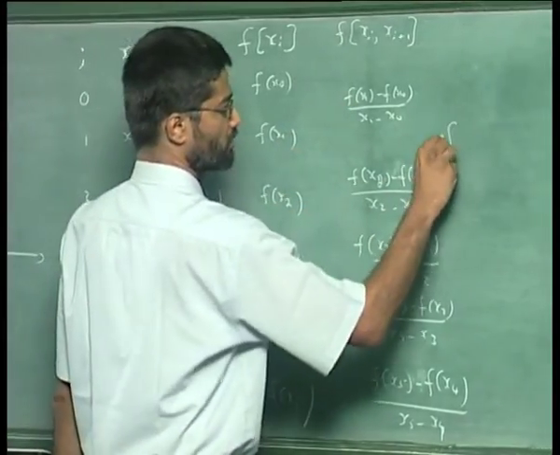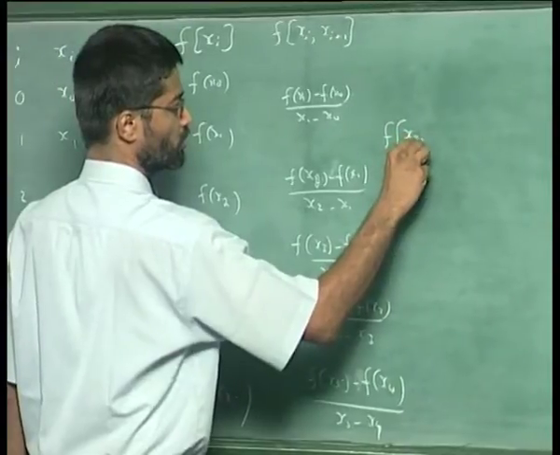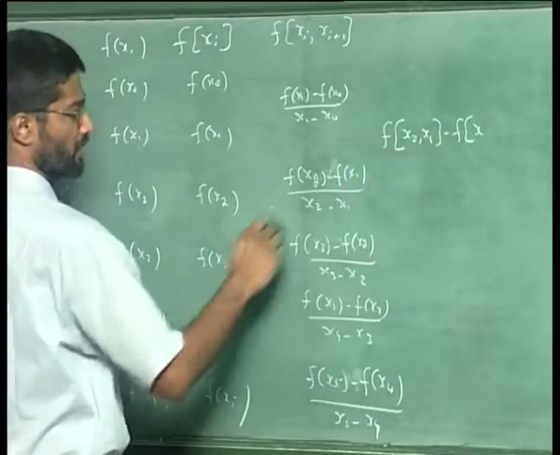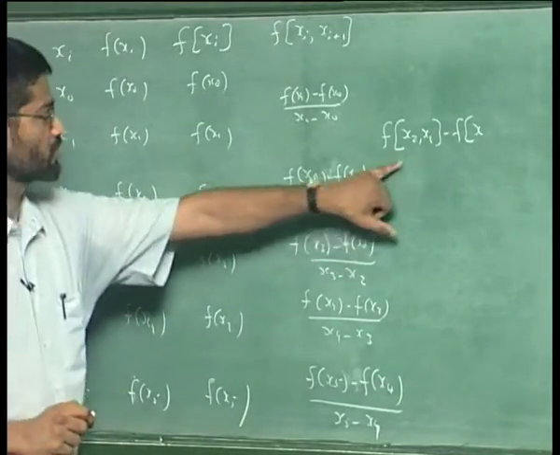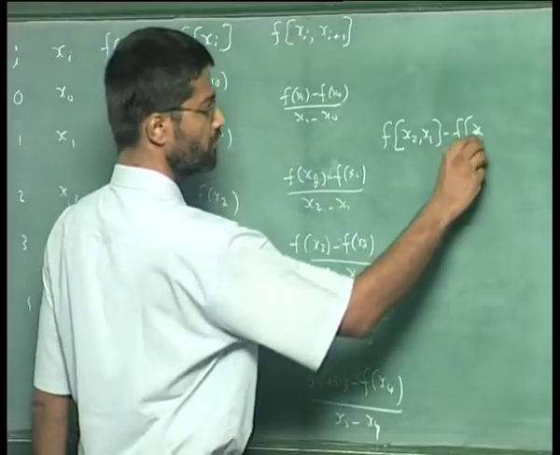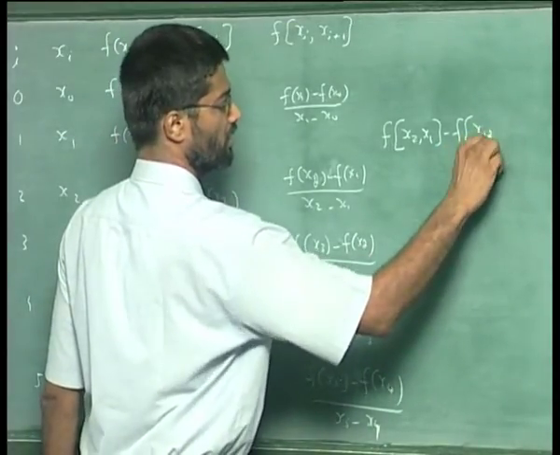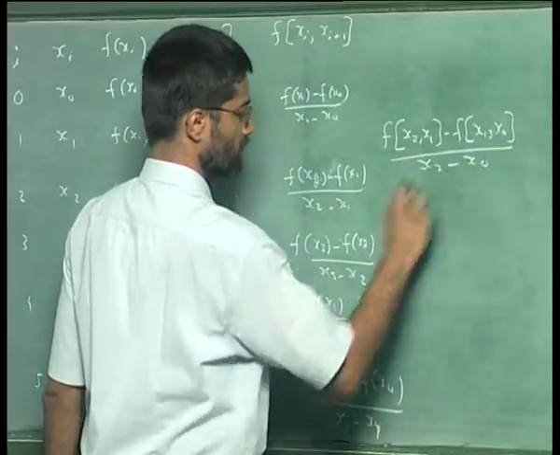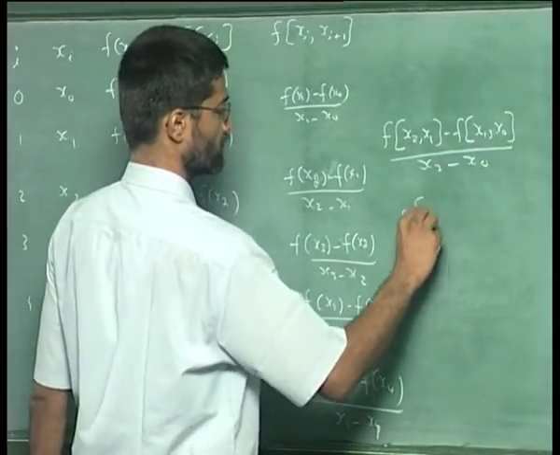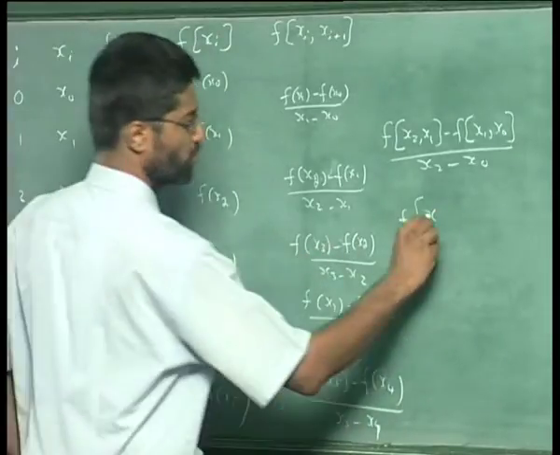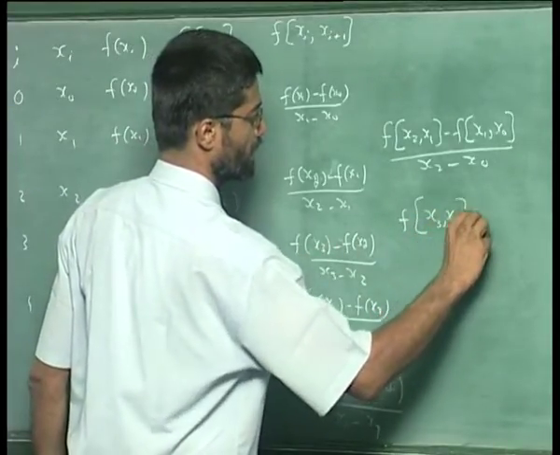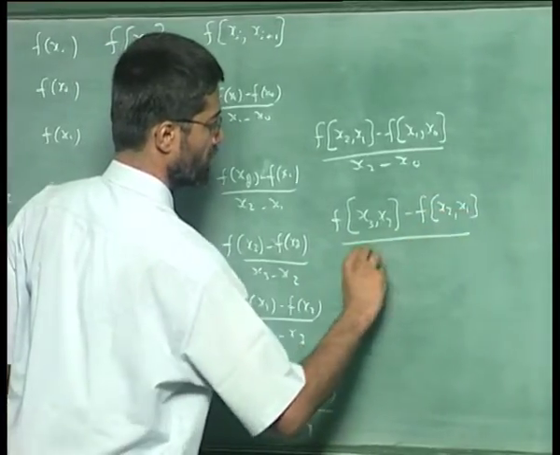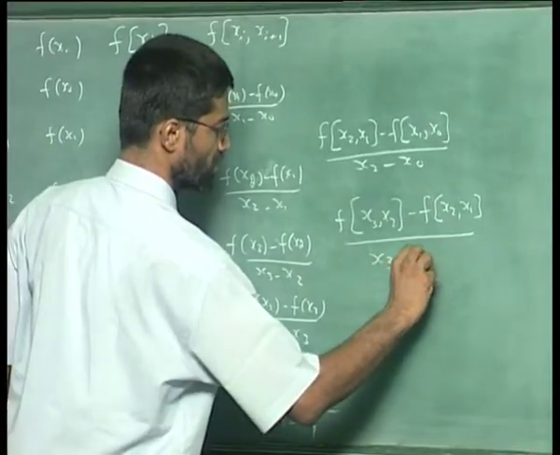So, the next term would be f of x1 x2 minus f of x0 x1, divided by x2 minus x0, and here the next would be f of x2 x3 minus f of x1 x2, divided by x3 minus x1,